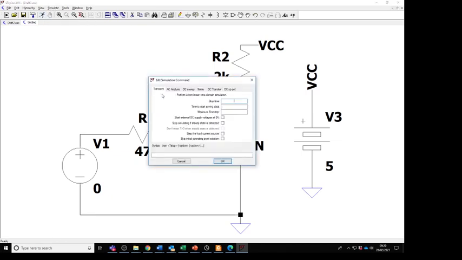Let's put a simulation command on it. So this time we're going to do a DC sweep, and this allows us to change a source from one value to another value and run the simulation and get an operating point effectively, and then we just keep changing that to get lots and lots of different operating points and join them together, and that should give us a transfer function. So if we change V1,